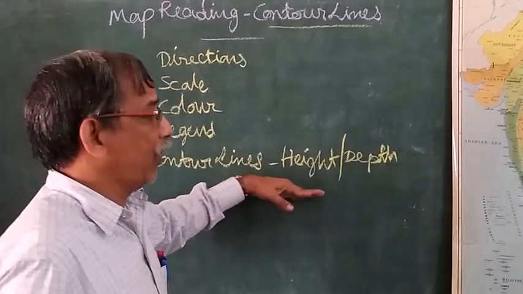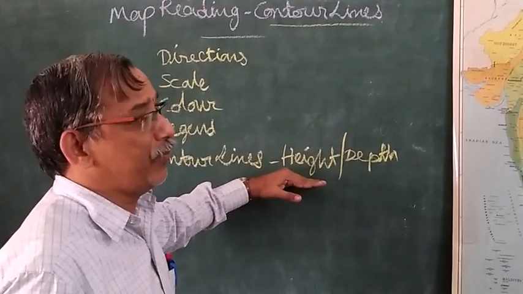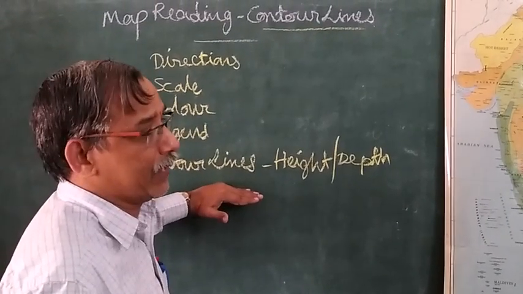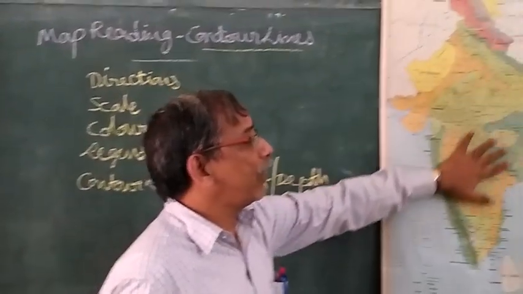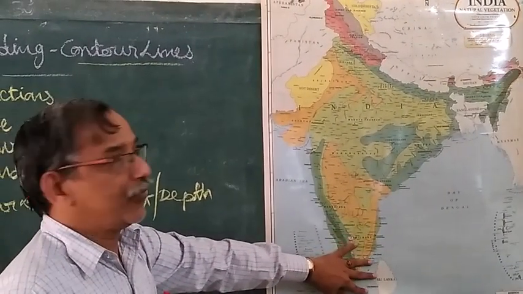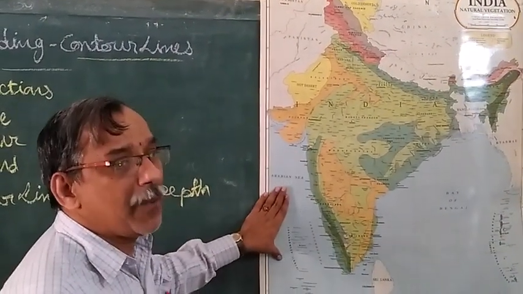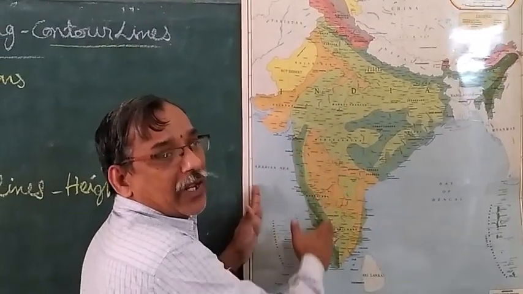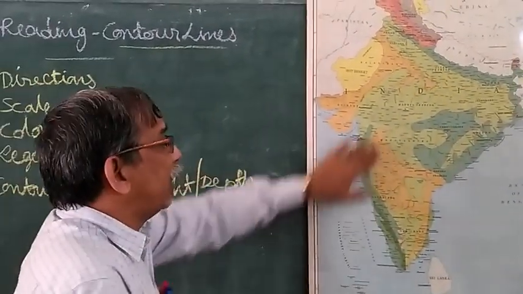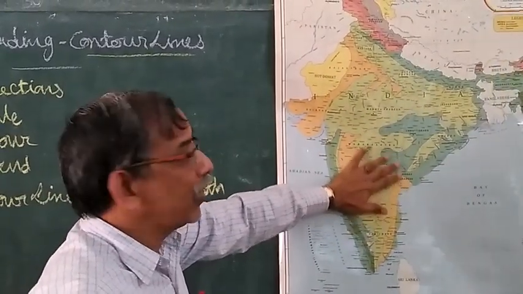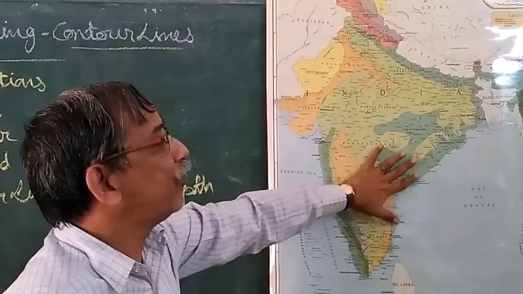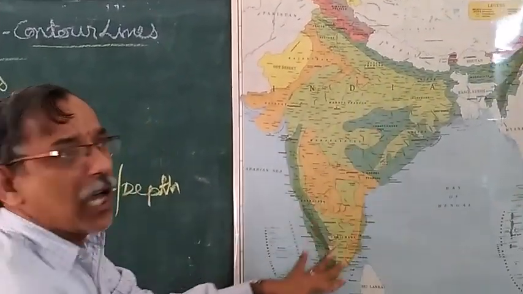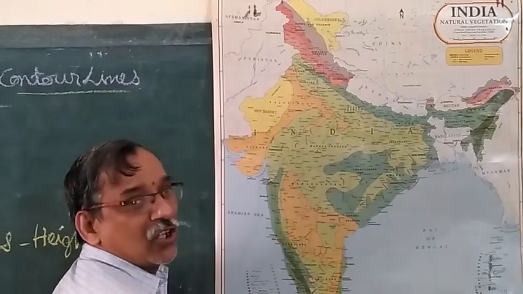Height or depth of a place. It can be useful for finding out the height or depth of a place. This map is somewhat two-dimensional. What we can see in a map is only the length and breadth. But you observe here, there are so many cities present, so many mountains present. Many are there, but they are all present only on the plain sheet. You cannot